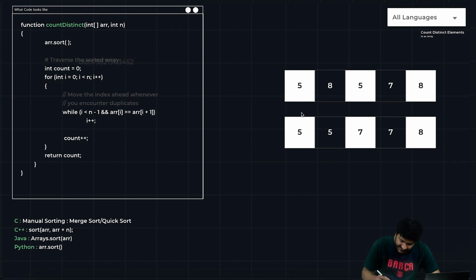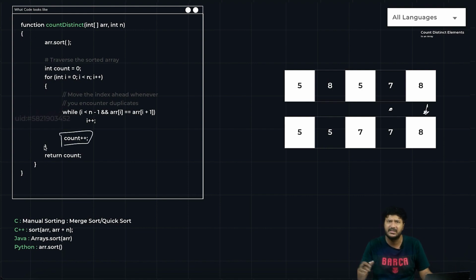So for i equals 0, I am coming here, and then I'm checking while i is less than n minus 1. So basically I'm saying stop here. Why? Because I would be comparing the i plus 1 element. You can also say it this way: you will not be comparing this and this. Ideally you would have run the loop till here, but in this case I'm going to run the loop here. And for the last one, I'm just going to assume that, okay, this is counted.